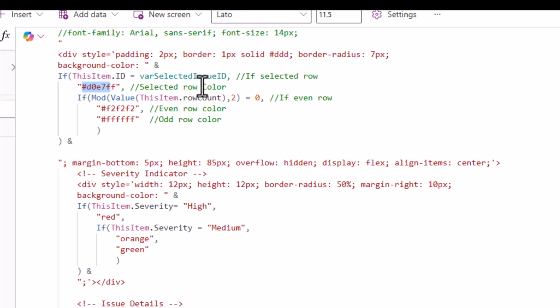Now, if the row is not selected and it is an even row, we use the mod, and I have a column called row count where it's ordered 1 to 10 or whatever the number is of the gallery. Then if the remainder divisible by 2 is 0, I mean it has to be an even number, then we go ahead and give it the grayish color. Otherwise, it's going to be a white background. And so this if statement will return a color value for this background color, and then we continue on with